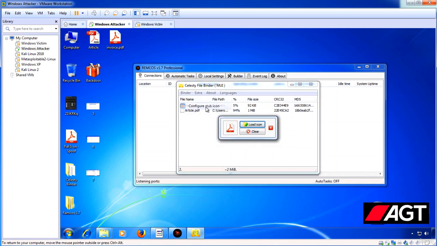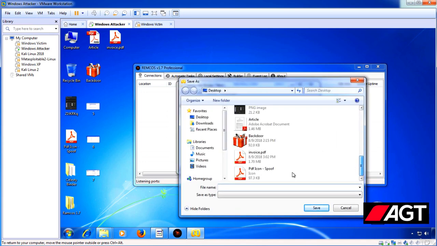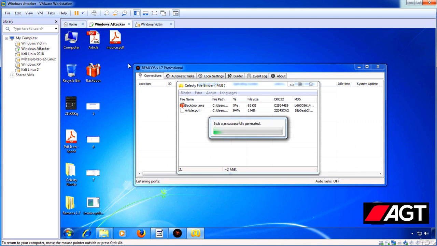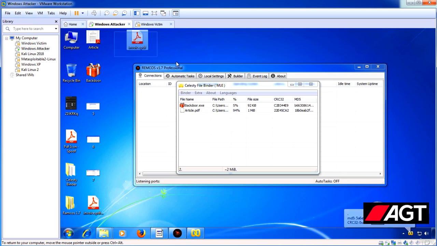give an icon, and then you generate a file as invoice.pdf, for example. So this is your file. This is the thing you have learnt before, how to use Ramcos and how to use the